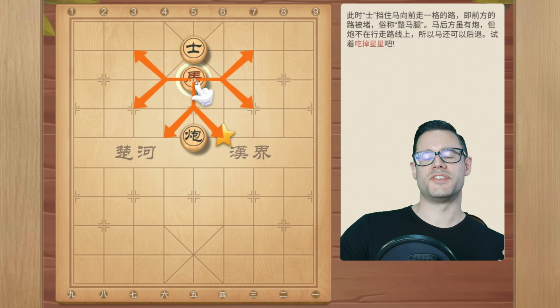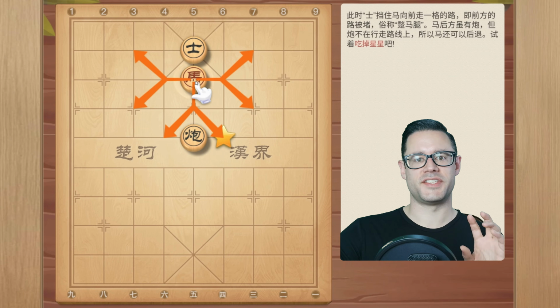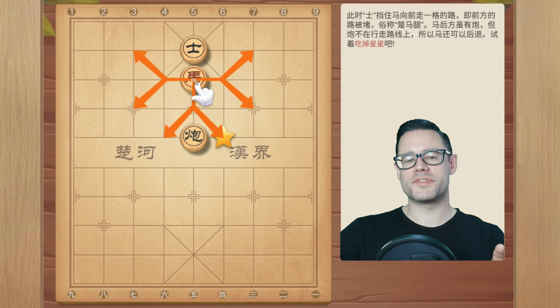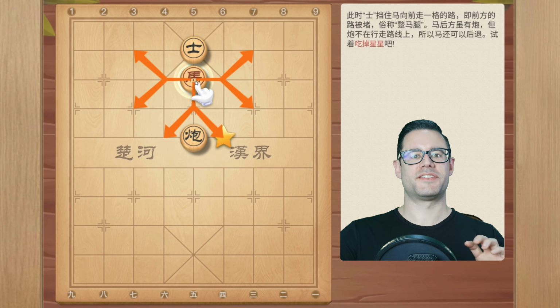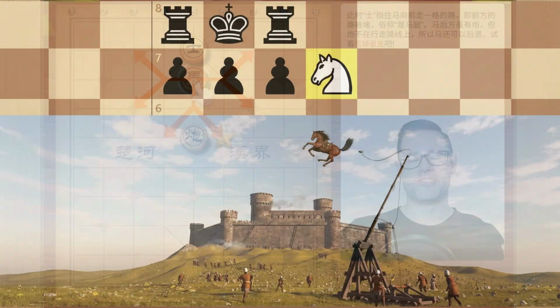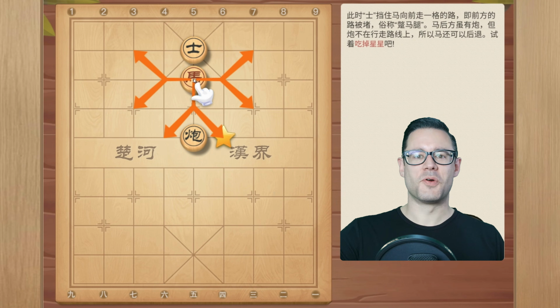Now, and this is where there's a difference between knights in Western chess and horses in Xiangqi. And that's that horses in Xiangqi can be blocked, where knights in Western chess can jump over a piece, a feature that is maybe a little unrealistic in my mind. I think Xiangqi probably makes it more realistic. Here, horses cannot jump over anything. So we see the orange arrows showing the valid locations that the horse could move to.